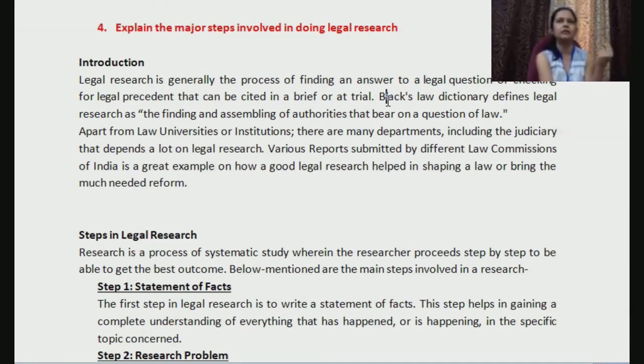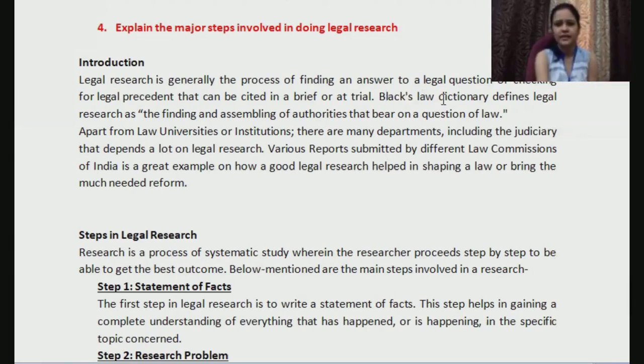Maybe you want to know what is the punishment for murder, what is the punishment for kidnapping, where do we have provisions regarding murder and kidnapping mentioned. That will be legal research, right? Then you read some judgments: in this particular judgment, what was held by the court, how did the court decide the matter, what was the punishment given. All those would be legal research, right?